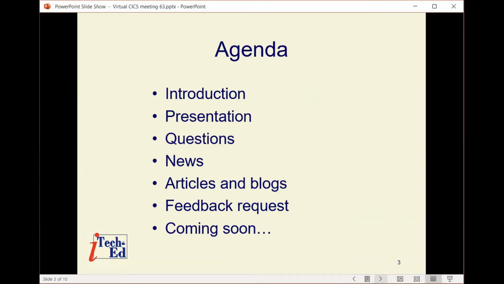Right, so let's have a look at the agenda. As usual, most of the meeting will be taken up with a presentation, and today our guest presenter is Colin Pearce, and he's going to be demonstrating collecting and analysing CICS statistics.